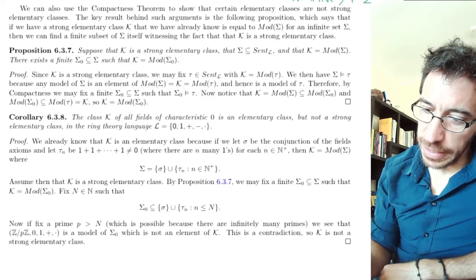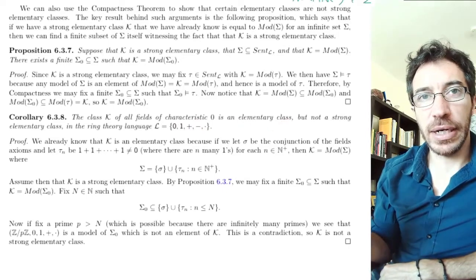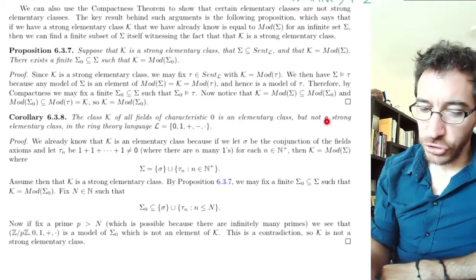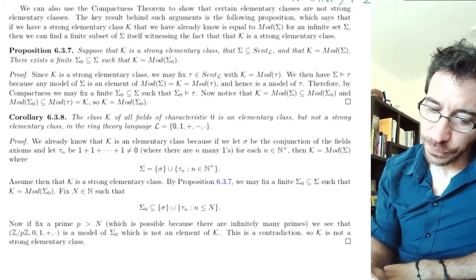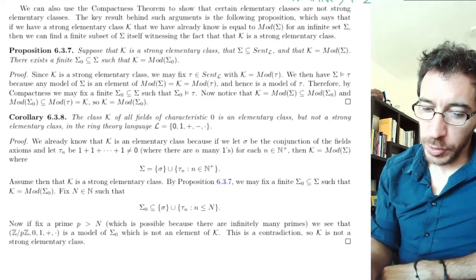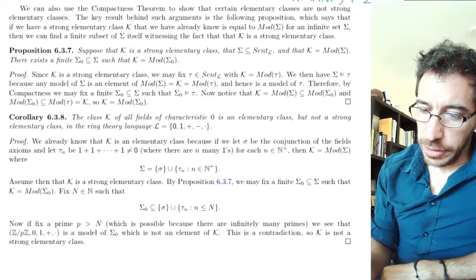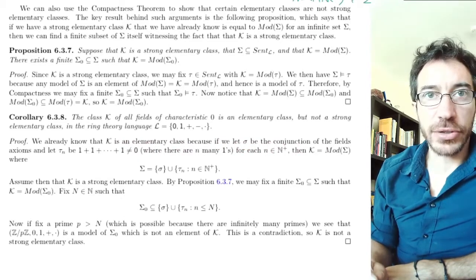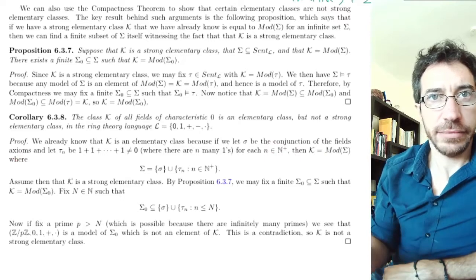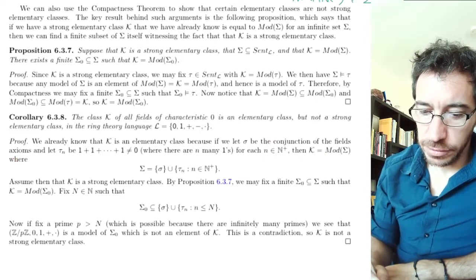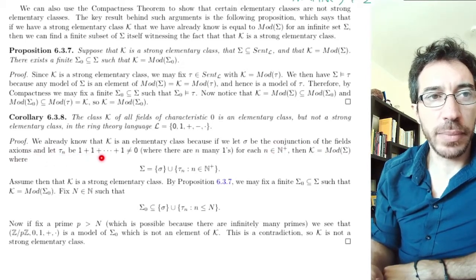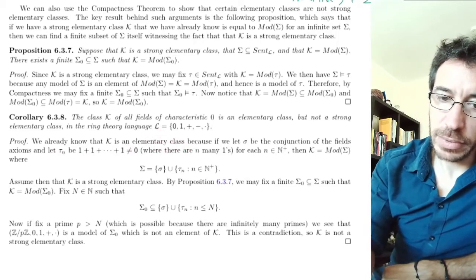Okay, it says that it's an elementary class, meaning it has a set of axiomatization. I remember elementary means of any size, but not strong, so it cannot be a finite set. And this is because he probably used an example before about this. That if we let sigma be the conjunction of the field axioms, so like those, I don't know, 9, 10 axioms for fields, and we let tau n be the sentence 1 plus 1 plus 1 plus 1 different than 0, where there are n many ones,